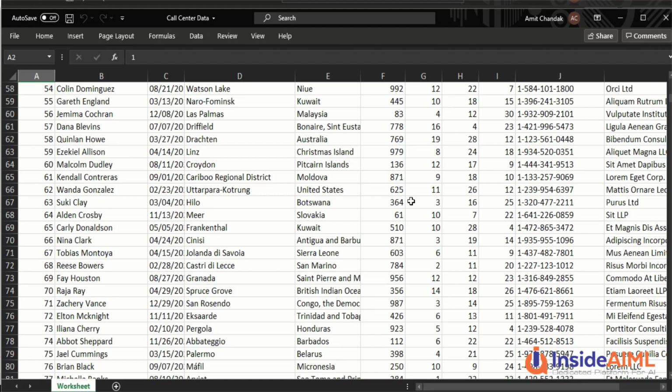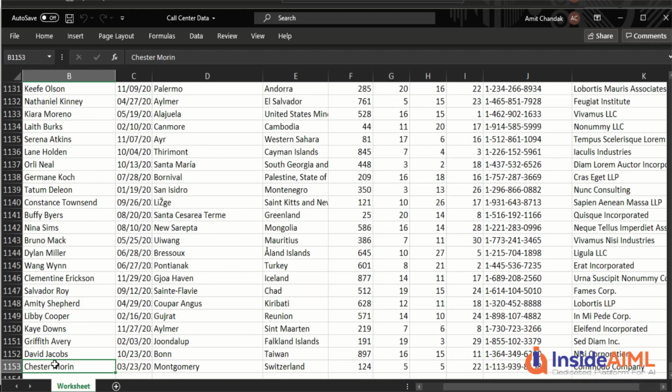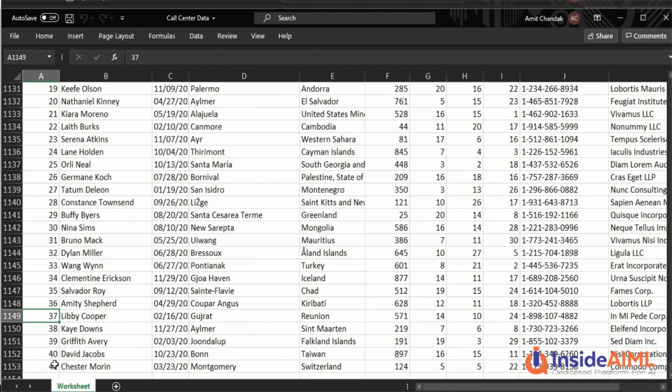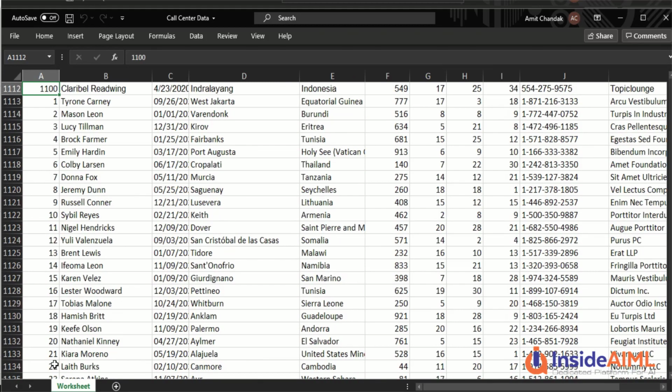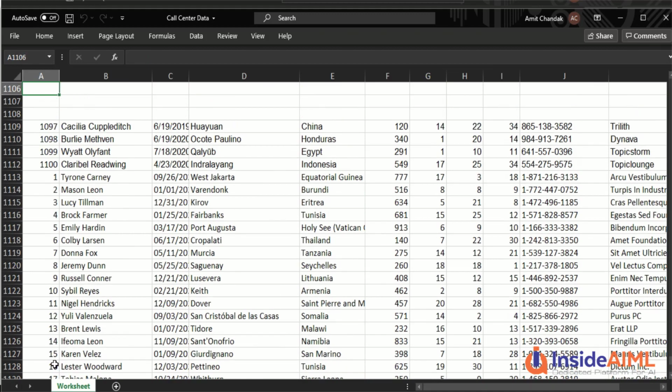We need to do at least a couple of operations: we want to delete duplicates and we want to see the gaps. So we have to see these operations. If you jump to the end, you can see that there are 1153 rows, including everything, out of which we know at least 40 are duplicates. And then you can see the gaps are there. So at the end we might end up with some 1100 rows, plus or minus some. That's the data we are expecting after the cleanup. So let us go ahead and see whether we are really able to prepare the data.